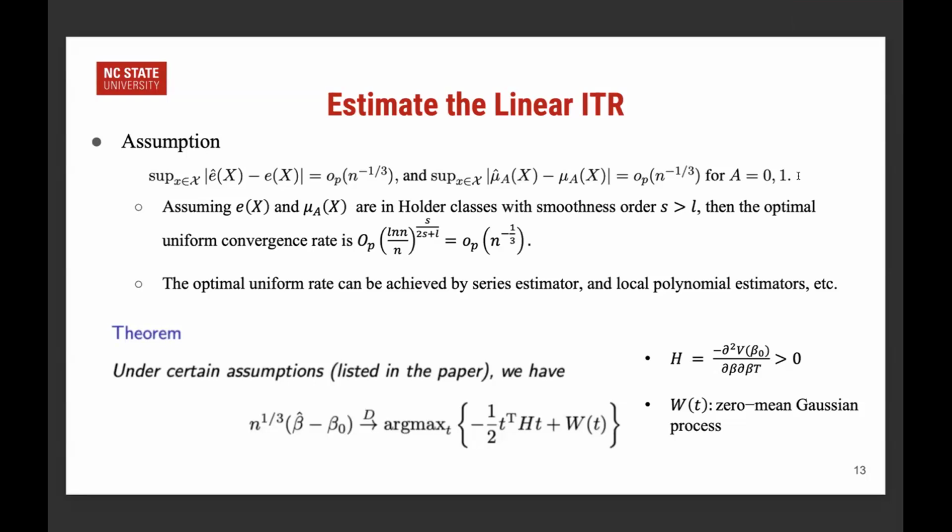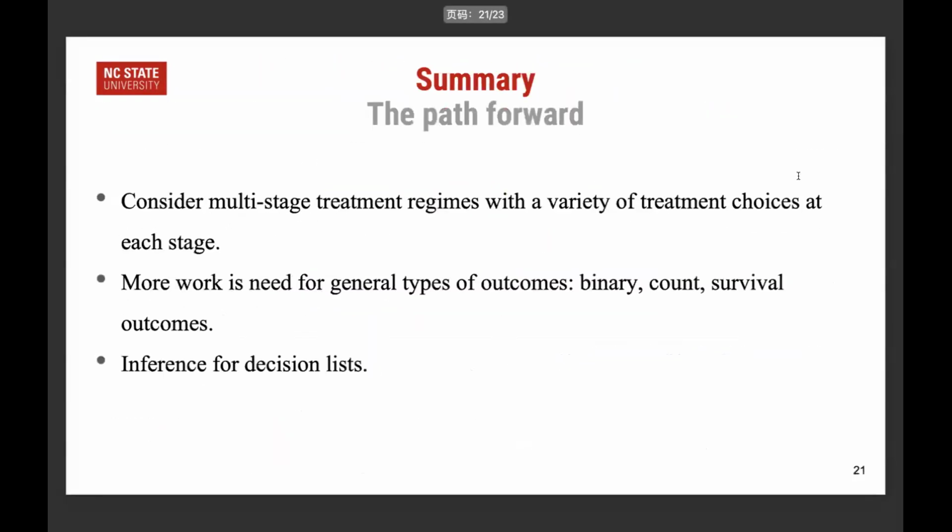Yeah, there should be some loss, because first you assume that the treatment regime is actually a linear one. But there is a trade-off because it is easier to explain and easier to do inference. Right now there are two ways for interpretable ITRs: one is the linear regime, the other is a decision list. For the decision list, the inference is much more complicated and even harder to achieve. So there is a trade-off. It is easier to do, but you also lose some information because you assume it is a linear regime.